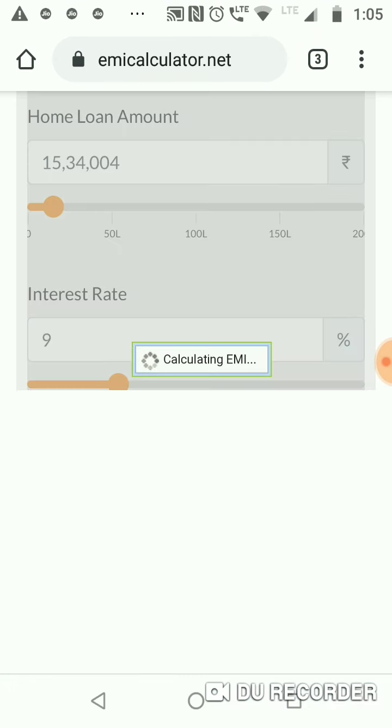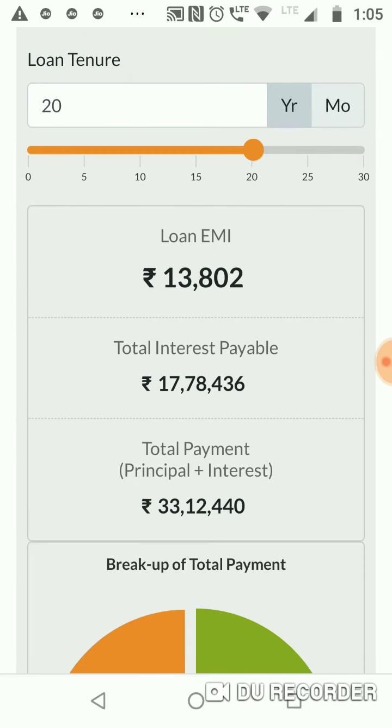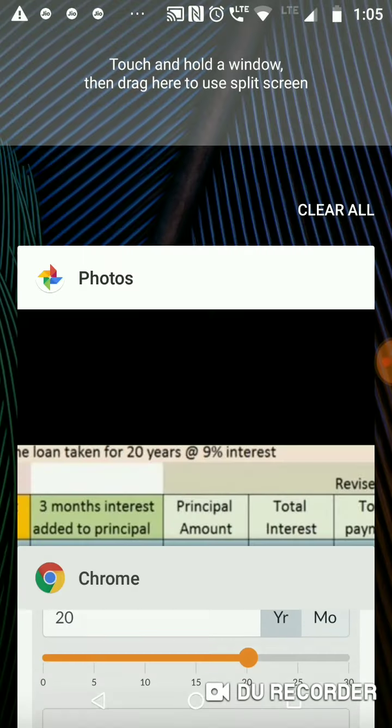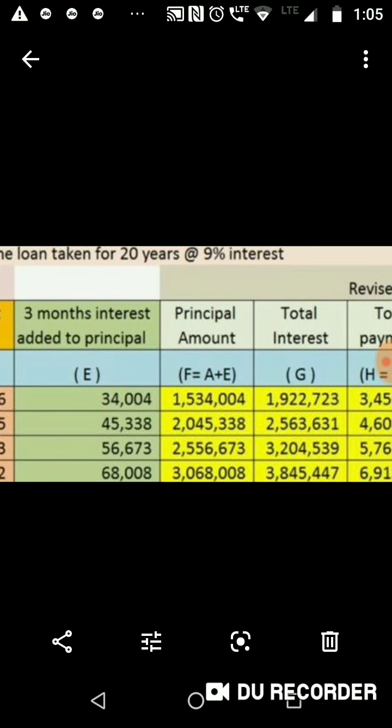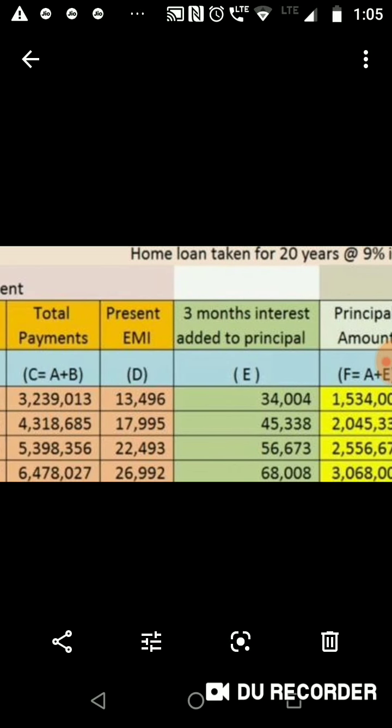So now the EMI has changed to 13,802. Now the revised EMI is 13,802. So if you want to keep the EMI the same as 13,496, then